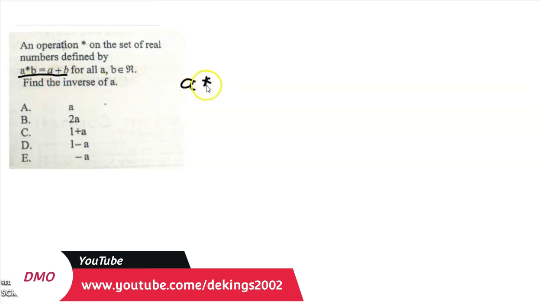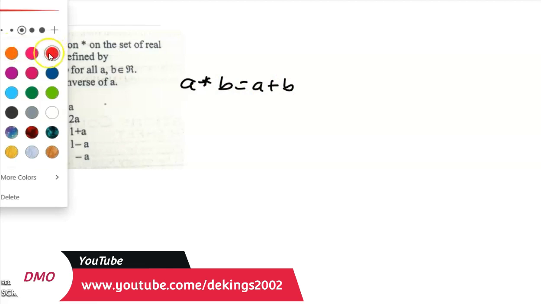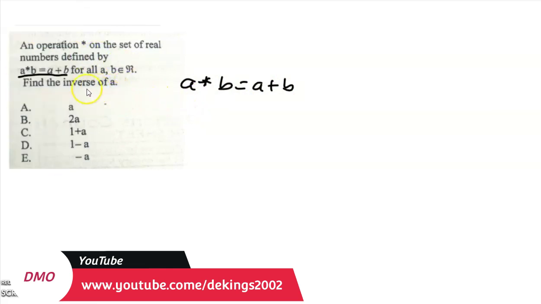A asterisk B is equal to A plus B, and we are asked to find the inverse. Now, before looking for this inverse, we need to be aware that for binary operations, if you have A